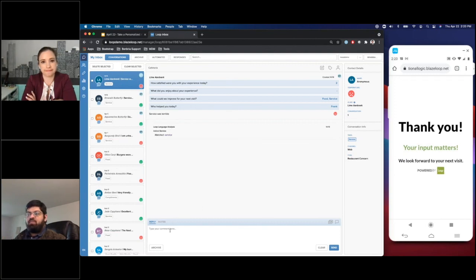You would obviously have the ability to respond to guests from the inbox, and then the guest would receive the information within their chosen channel of communication, whether they provided us with their phone number or their email address. In this case, since I provided a phone number, if I would respond through the inbox here, the guest would receive a text message with the appropriate message that would have been typed up through your